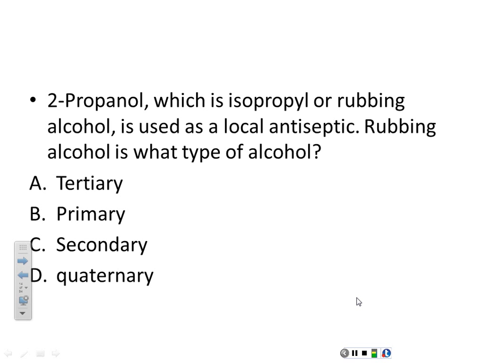If it is like this also, let's say if you have like this, still it is secondary. Why? Because this carbon is connected directly to 2 of them, not counting the branch. So you only count the carbons. Okay, that makes sense. And so it's secondary? Yes. Because you need to focus on this carbon and see how many it is connected to. It's what it's directly connected to, not what's overall.